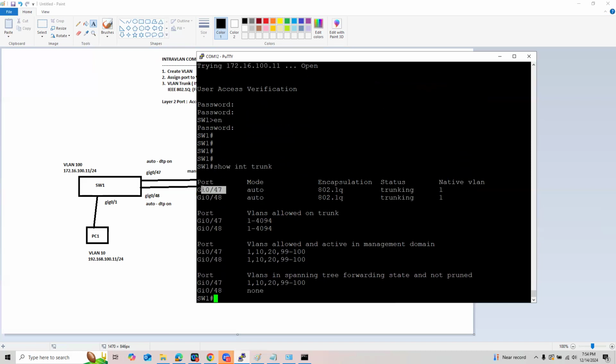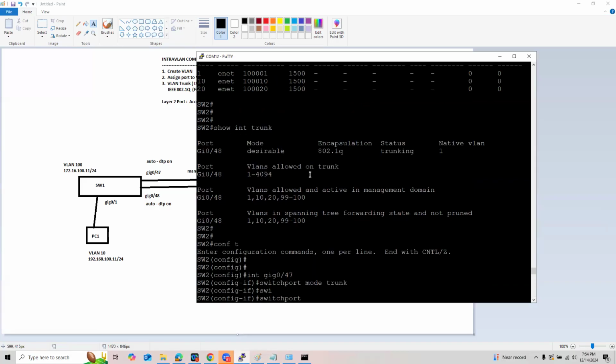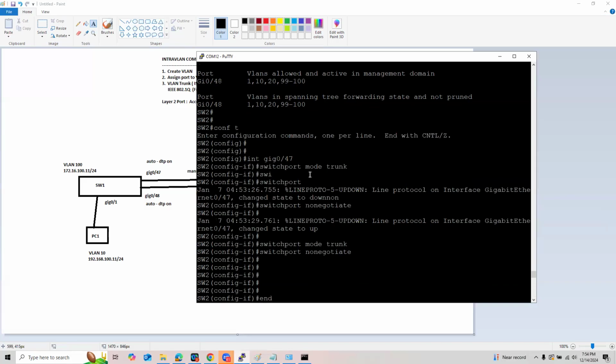Why is 47 now a trunk? Actually, guys, if we go back to our config a while ago, we first issued switchport mode trunk, and this is what happens. Before I issued switchport nonegotiate, port 47 in switch 2 was already a trunk.